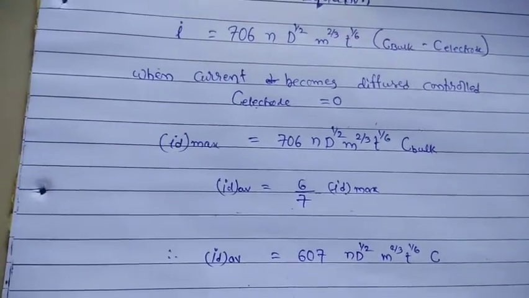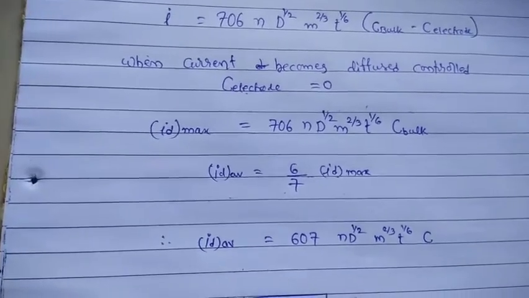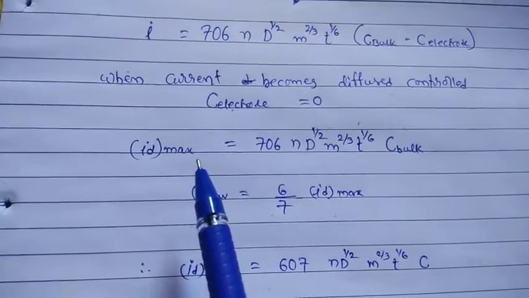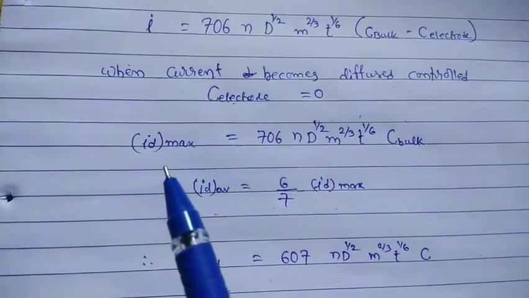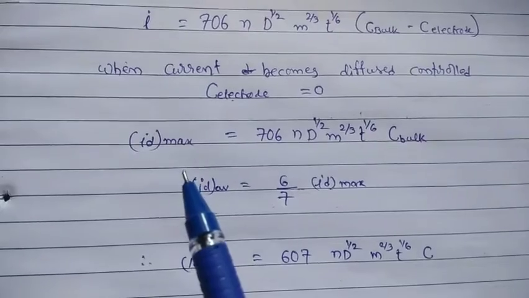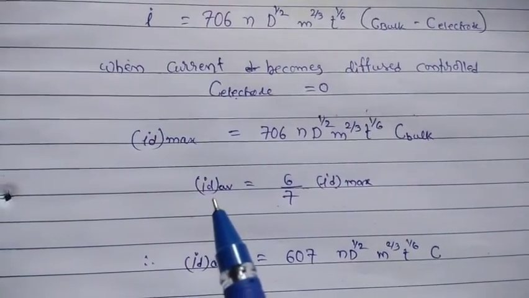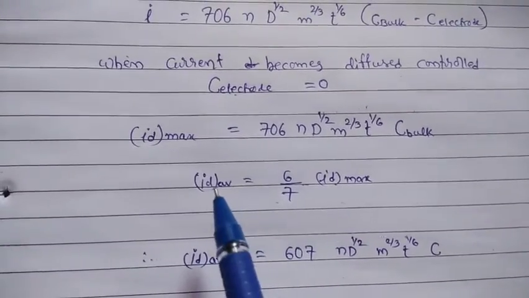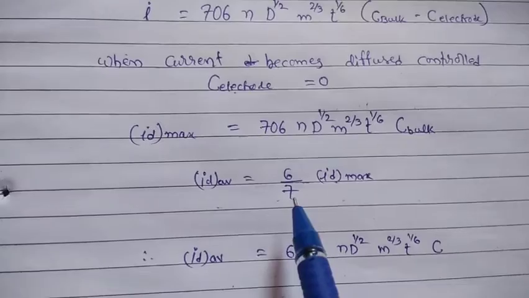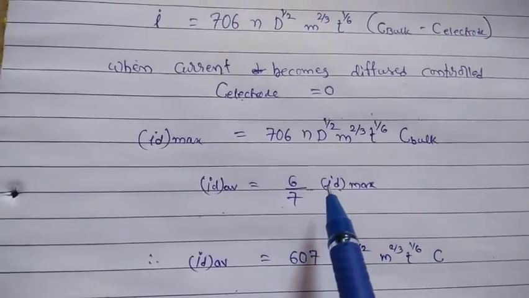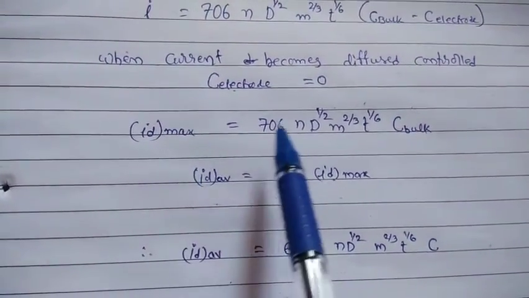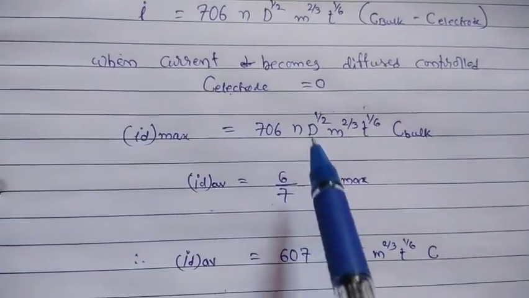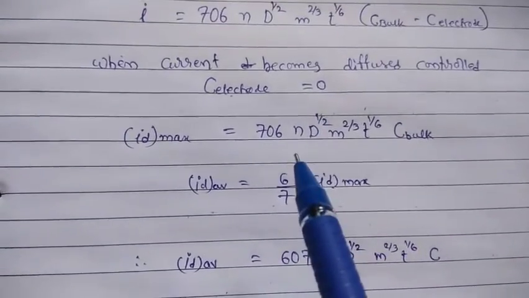Now even with a recorded polarogram, this ID max is not possible to calculate, but it is possible to calculate the diffusion current average. At that point this diffusion current average and ID max can be correlated by this equation, that is ID average equal to 6 upon 7 into ID max. Now we know the ID max is given here. So if you compare these two equations,